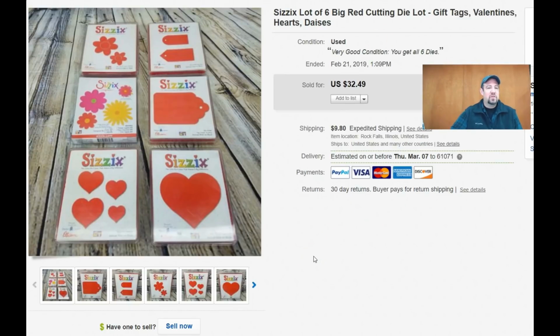This sale here, these are some dies that I got at a local Goodwill. There was a whole bunch of them. These things are extremely heavy, guys. So I did ship these in a regional A box. They went for $32.49. The person who bought these actually lived out of the country, but they were coming to